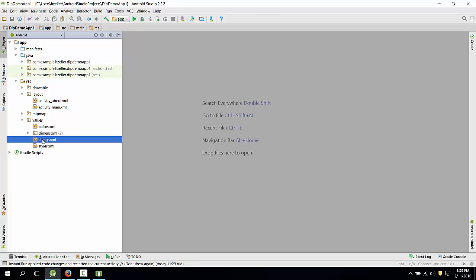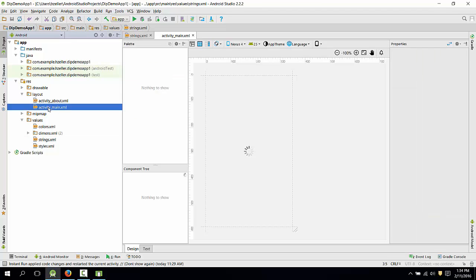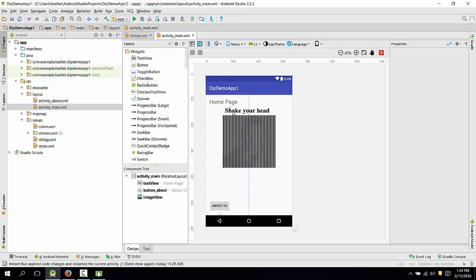So here it is, and if you click on it they'll have already put in the name of your app. By default that's in there when you create the project. So we can add more strings. This is where we'll be adding them. So we'll go to a page that has hard-coded strings and we will change the way it works. Let's go to main first of all, and